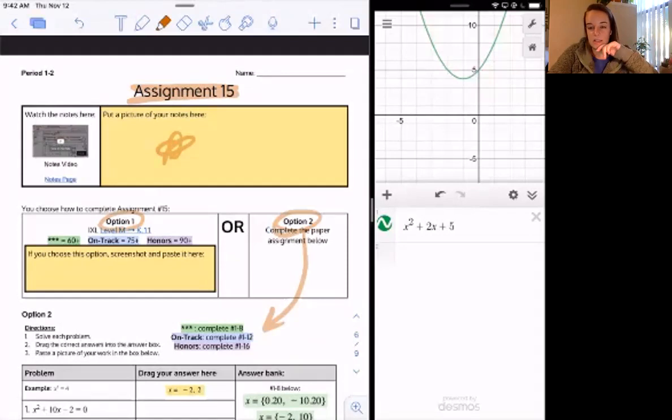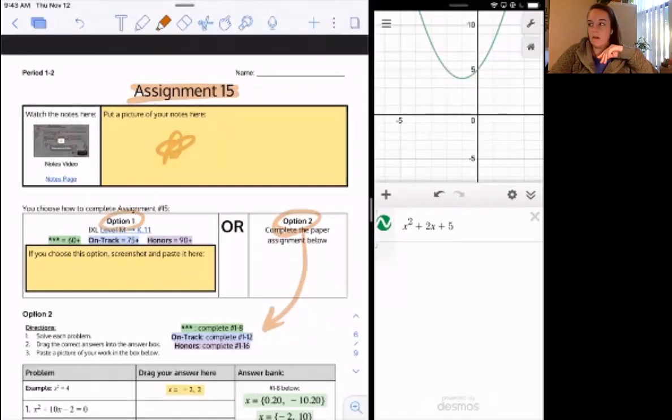Is there an IXL support video? I don't think I have one, but I can find one and send it to you. I will include it in my after class notes, after I attach the video from class today. Thank you for asking for that. Good advocating for yourself. Appreciate you. IXL support for sure. I can do that.